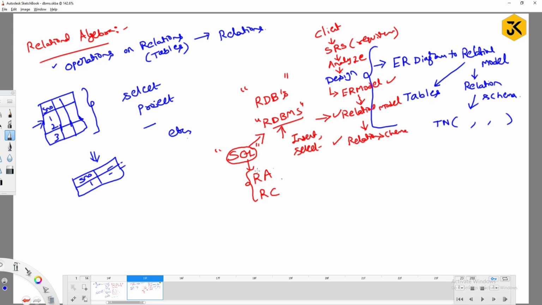Simply we can say that relational algebra is a procedural language, whereas relational calculus is a non-procedural language, or I can call it a declarative language. Procedural language means, as the name itself says, we are going to define the procedure for how to get the data.